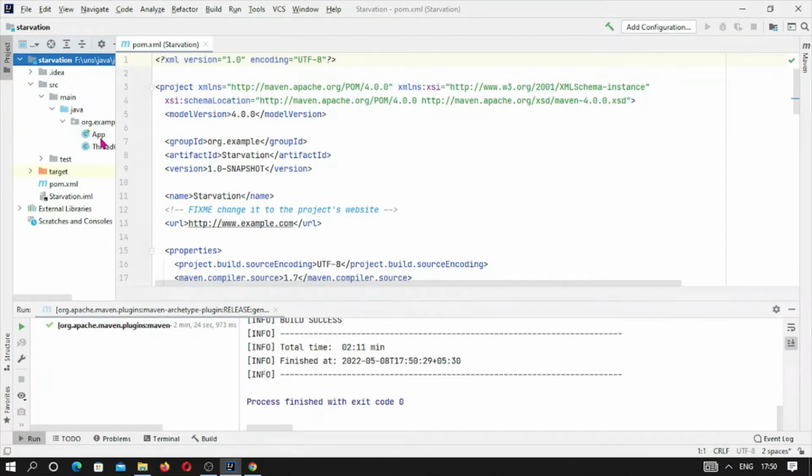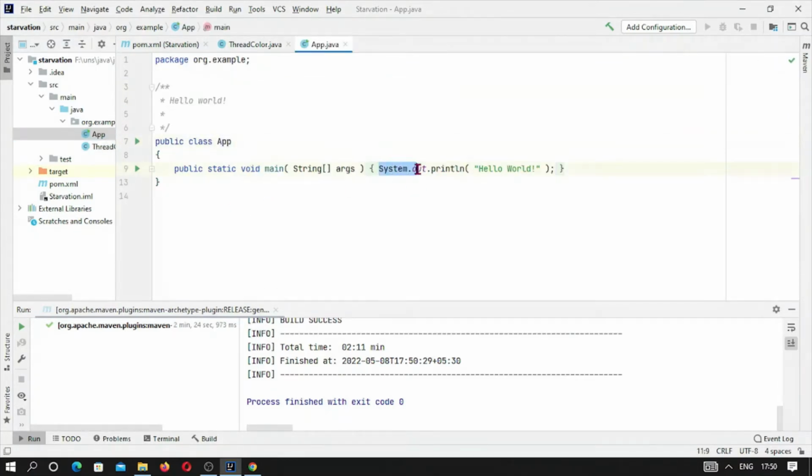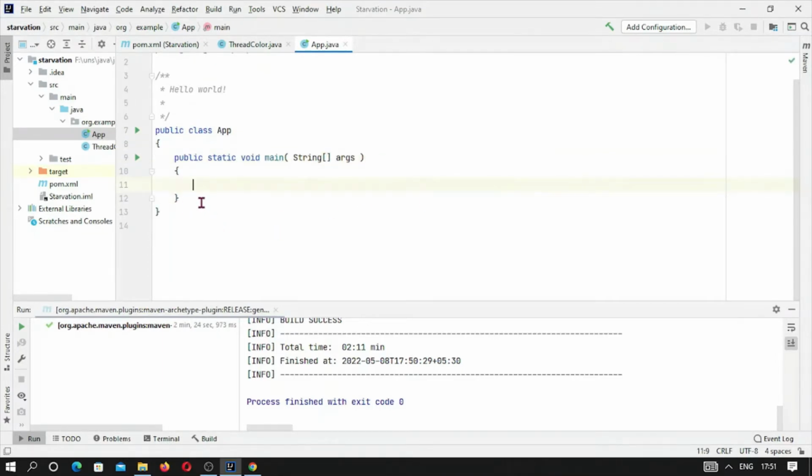So here the class has been created, and we have taken a starvation thread color class, and this is the main class. Let me delete this one, and we will create an inner class, class Worker. This should be a static class. A static class Worker